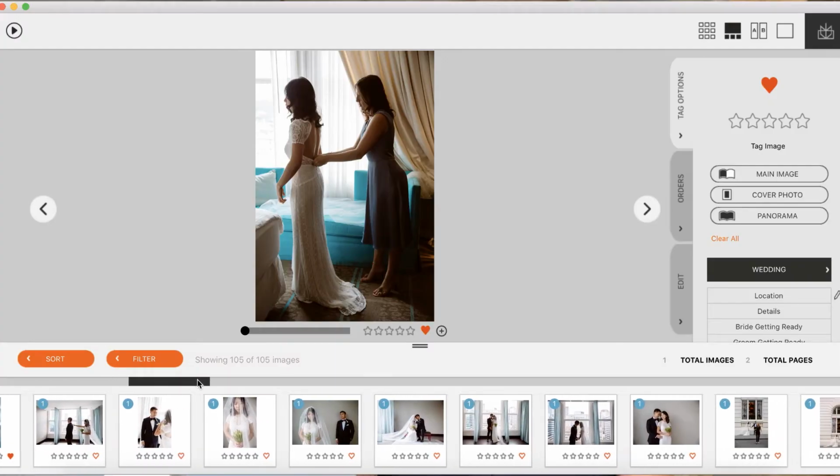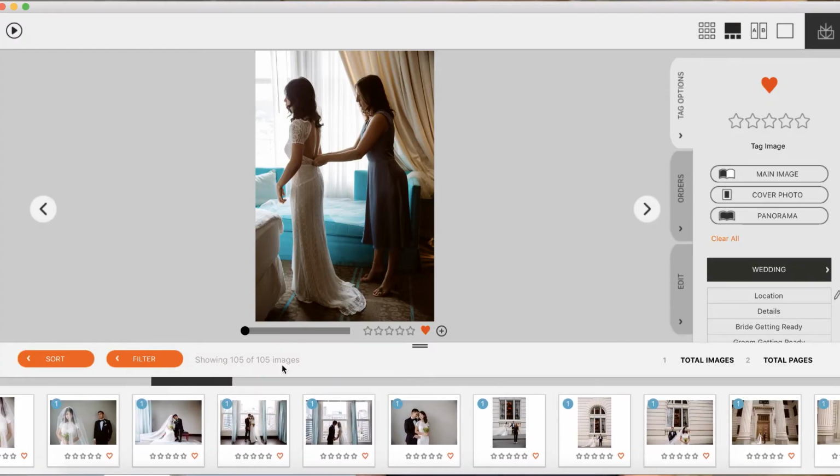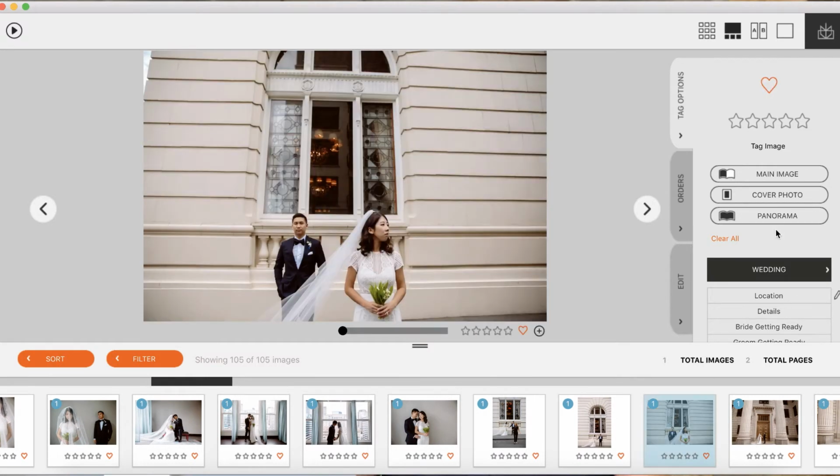Also, that cover image is not going to be the first image in your stack, so you're going to want to hunt through your images and find that wow image that your client's going to love to be on the cover, and hit the C key or the cover button, and that'll put that cover image right on that cover